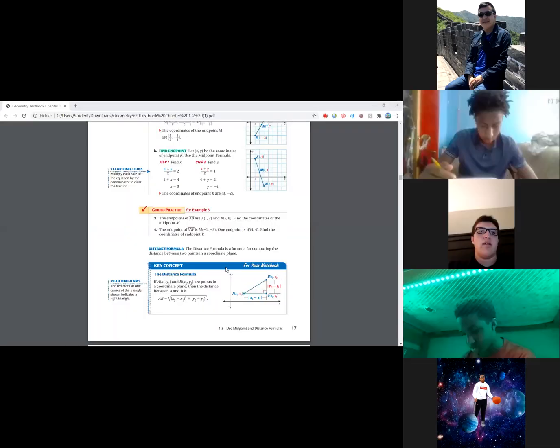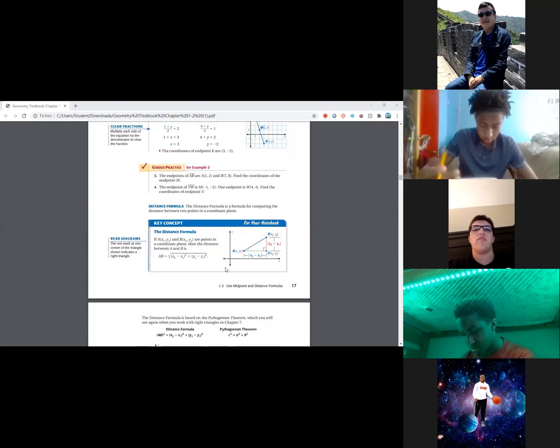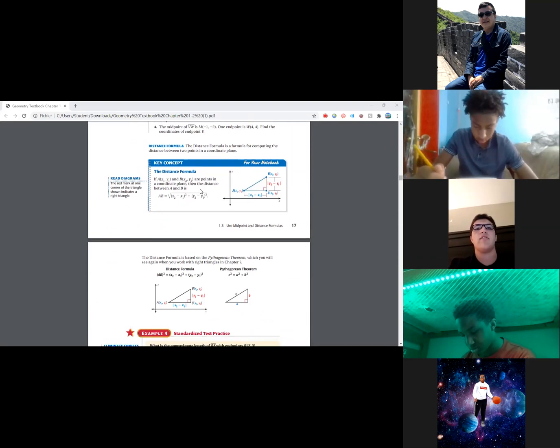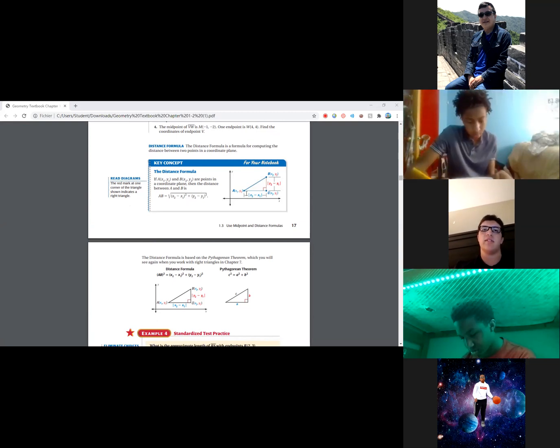So let's see. Now it's going to talk about the distance formula. Here you could see for the distance formula, which finds the distance between 2 points. In the diagram, you could see they use A and B. And so the way you find the distance between 2 points is, you could see they take the x